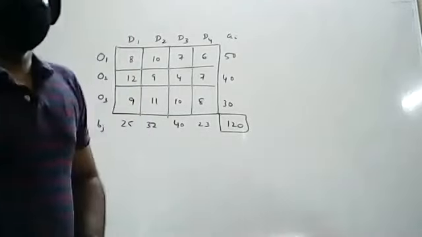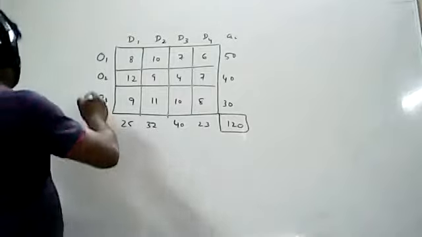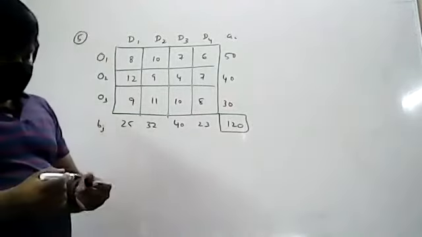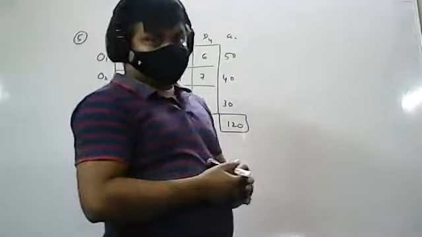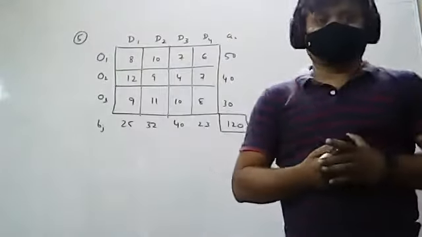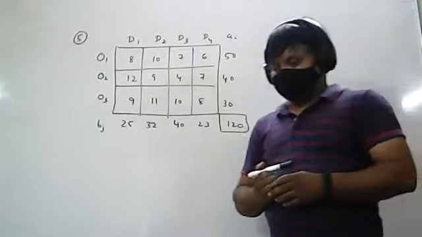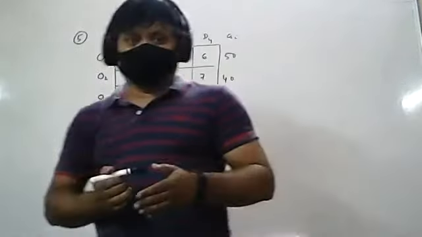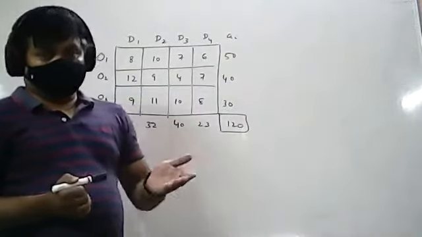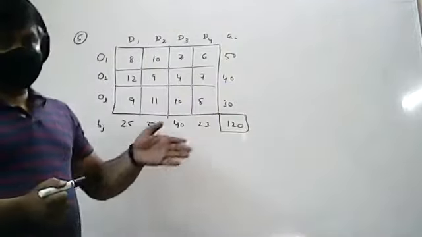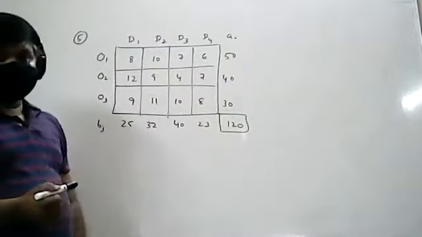Yeah. So today we'll discuss problem number 5. Problem number 5 is a degeneracy case. Whenever degeneracy occurs, what you have to do, how to solve that particular transportation problem by using the Modi method. In the previous class, I told 4 problems, 2 direct problems and 2 with a loop existing. Now we will discuss whenever degeneracy exists.